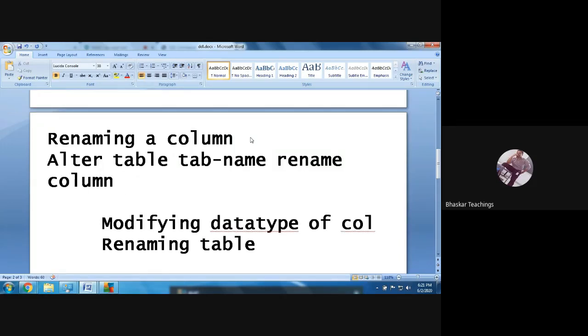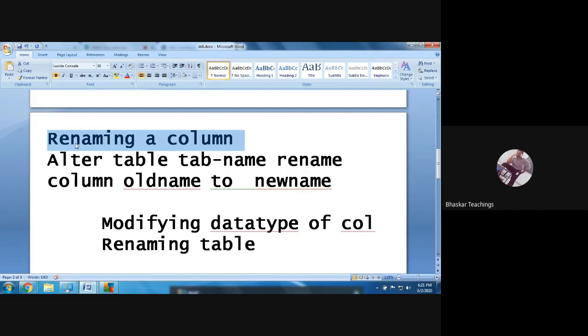So: alter table table name, rename column, old name to new name. Okay, so this is the syntax for renaming a column in the existing table.